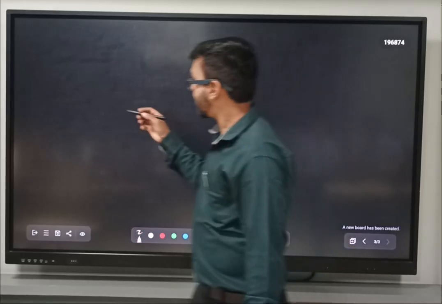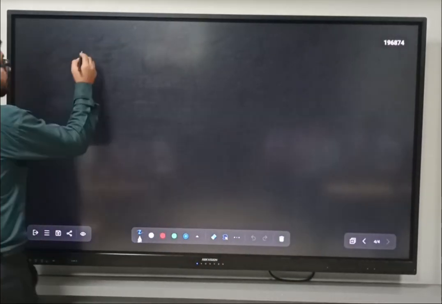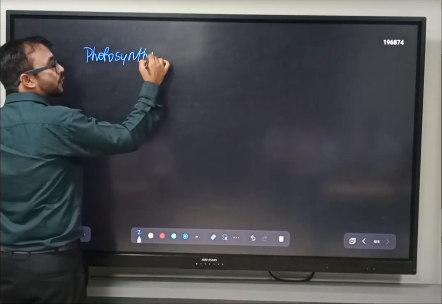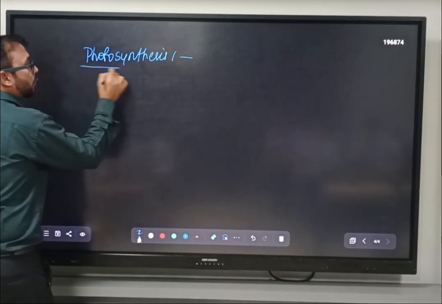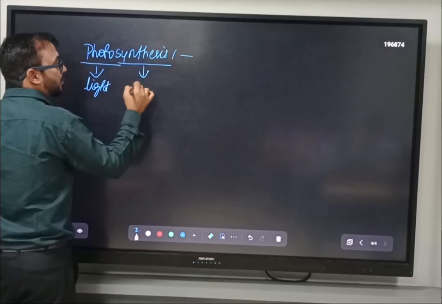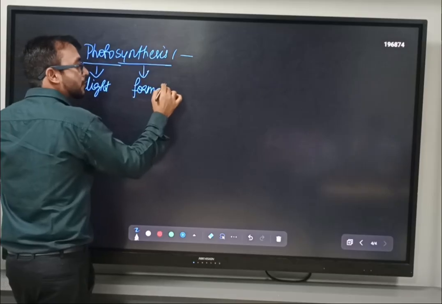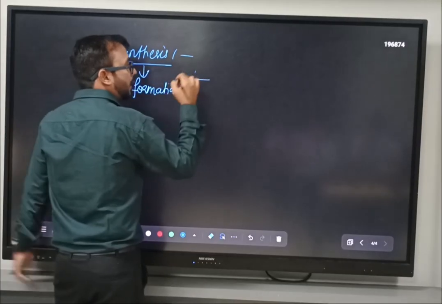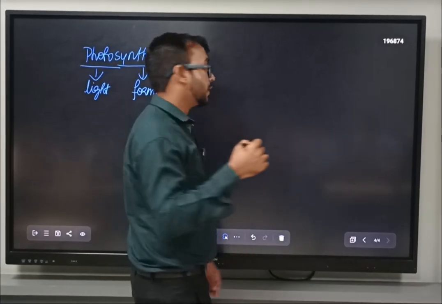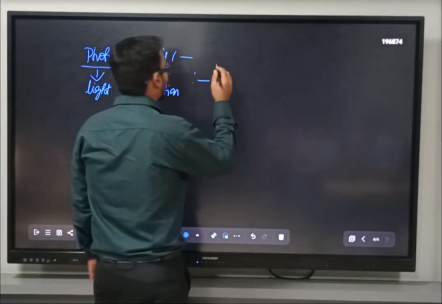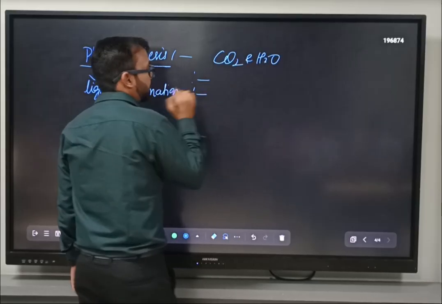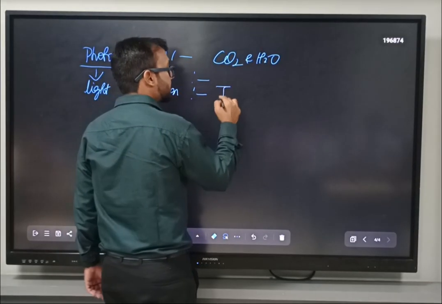What is photosynthesis? Photo means light, synthesis means formation. In the presence of light, plants make their own food, using raw materials such as CO2 and H2O. So if we have to define photosynthesis, it is a process